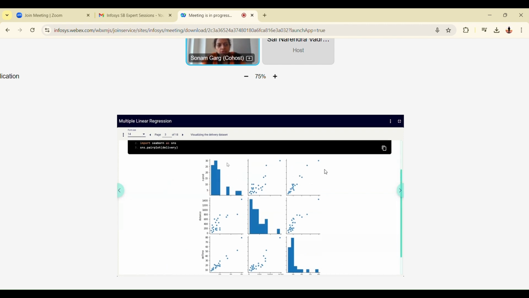All right. Now coming to the next point, when you plot this pair plot, we have diagonal elements. What are these diagonals giving you? Isn't this n prod versus n prod, the first one? This is distance versus distance. This is delivery time versus delivery time on the diagonal axis. So here we cannot plot number of products versus number of products, so it gives you a histogram, the frequency of number of products in your data set. Here it's giving you the frequency of distance values, the frequency of delivery time values. So this is a combination plot actually.